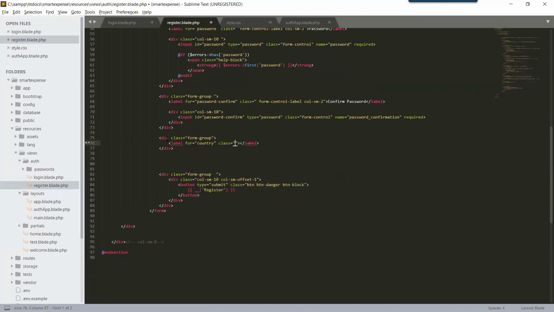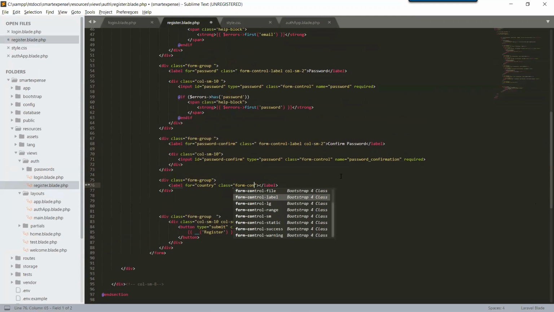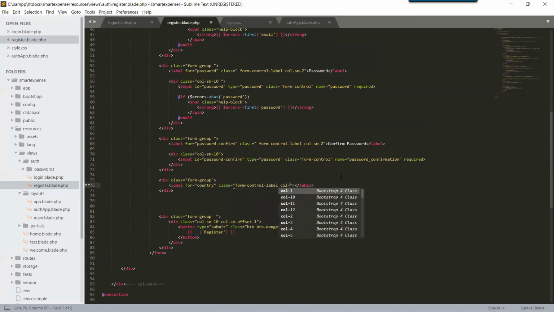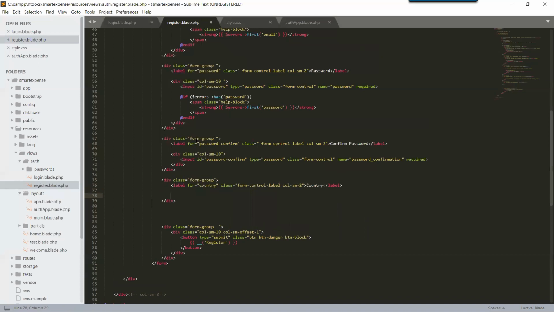and its class will be the same that we have set on our top, which is for label we have set to 2. So class form control label, and col small 2, and it will be country. Okay, we need another div required for column small 10. So same like, div column small 10,